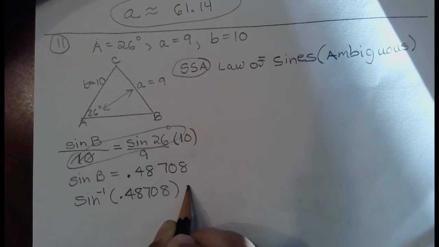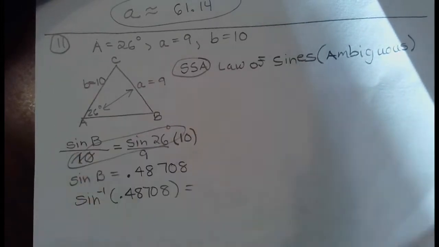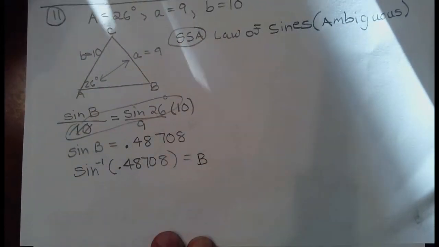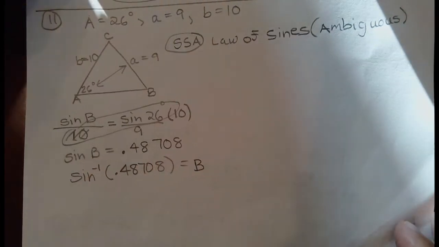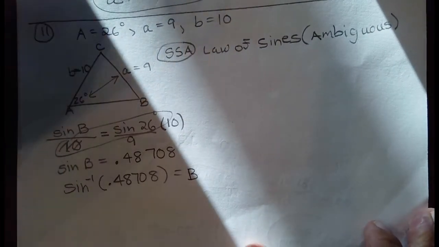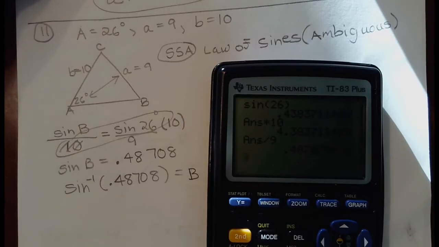Okay, so I'm looking for angle B, and whenever I'm looking for an angle, you have to switch the angle and the decimal so that you are now looking at an inverse statement and can get your calculator to find that angle for you. So now putting this in the calculator, I do that by typing in second answer, and that gets me